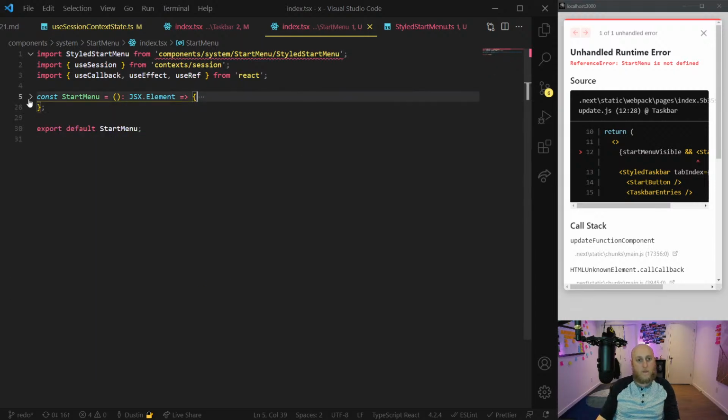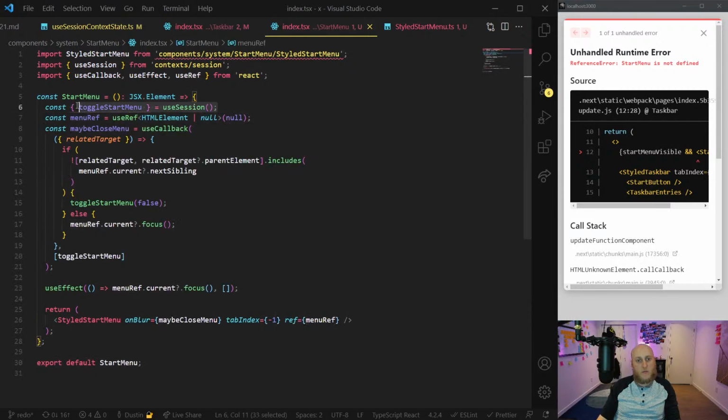So first off, there's just the basic layout of a start menu component, and we export it. Within it, we get that toggle start menu. So the start menu itself has control over toggling and manually turning on and off, because when you click the start button, I want it to focus on the start menu right away, so that is the piece that controls also blurring. So once you click, you're in the start menu.